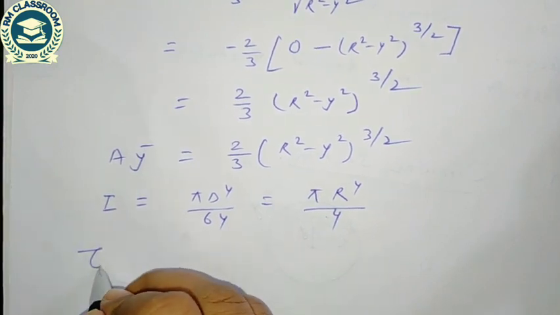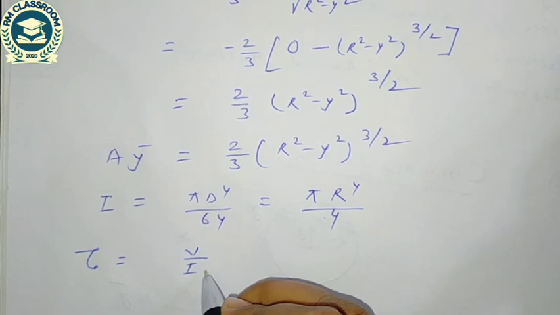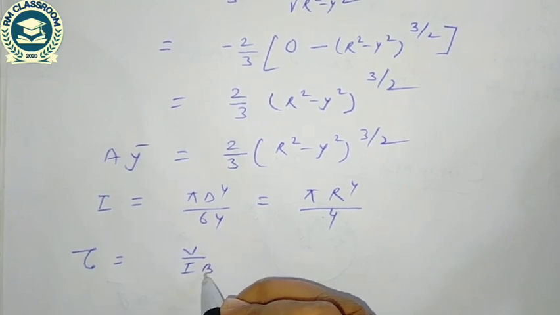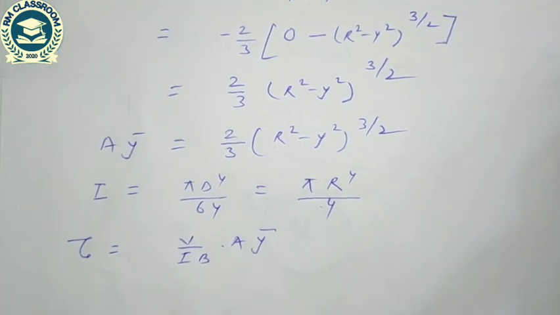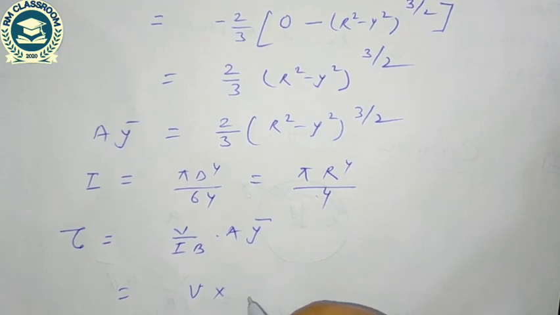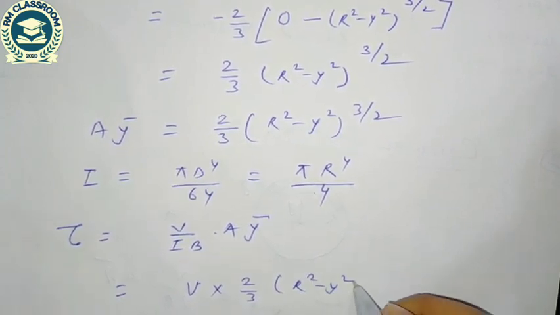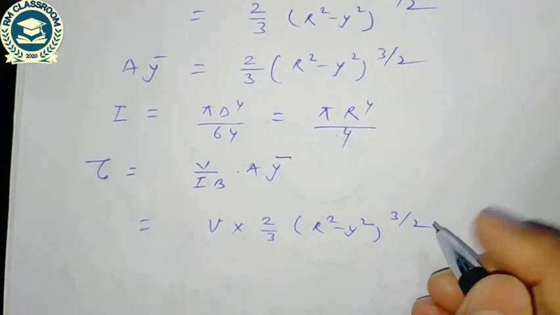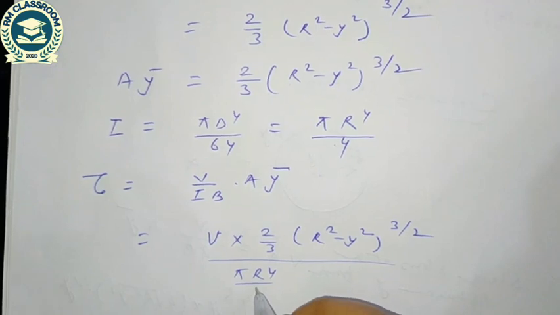So shear stress tau is equal to V upon I B into A y bar, and putting the value of A y bar as 2/3 of (r square minus y square) to the power 3 by 2, divided by pi r to the power 4 by 4,